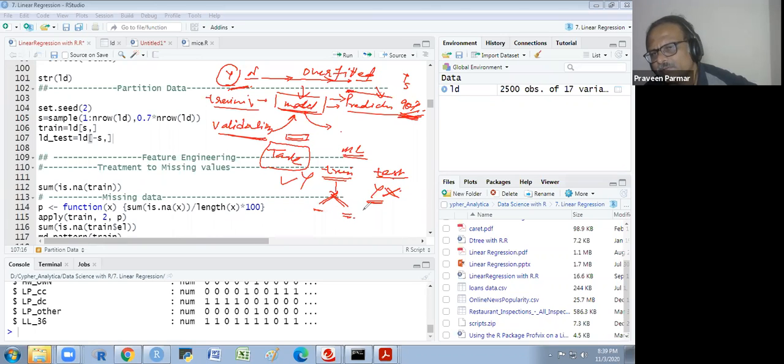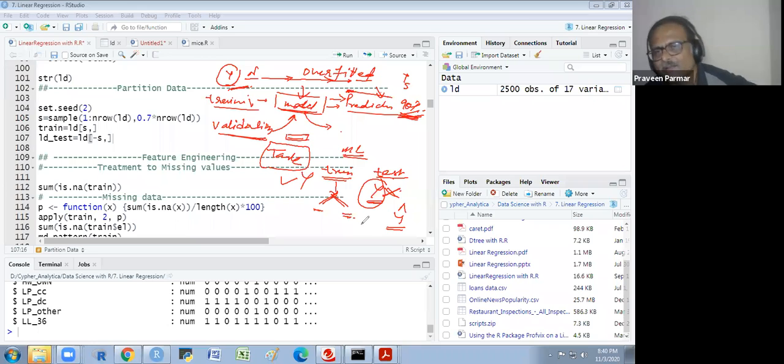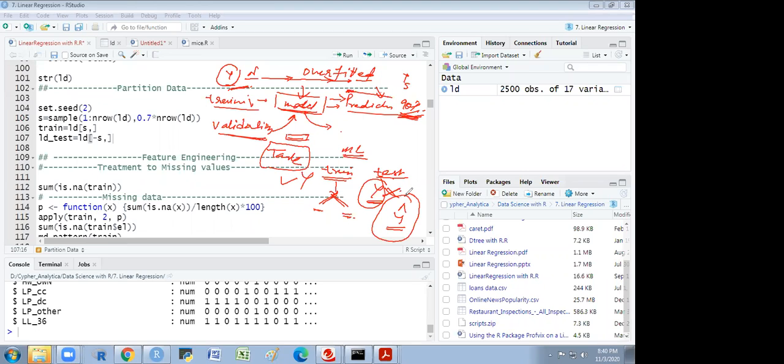Are you able to compare? We don't have the y here. Actual y is not there. You are giving them the predicted y as an output. Basically they are not giving us the actual test data values, so we have to send this y cap to them, and they will compare the actual with the predicted value.